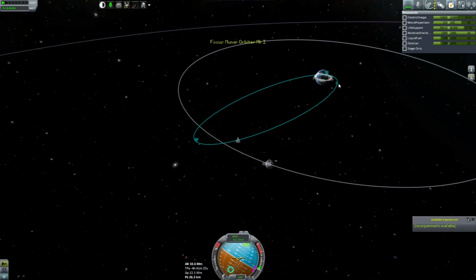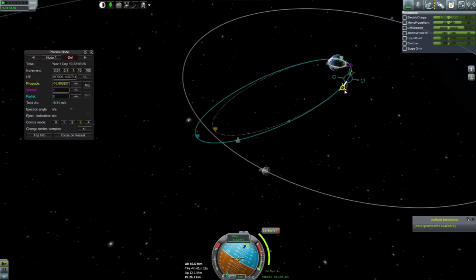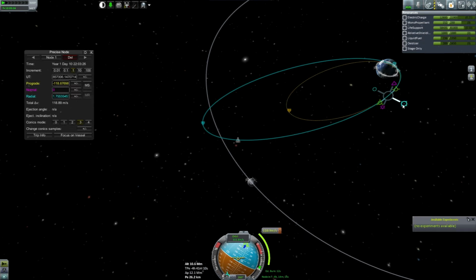Alright, so now what we need to do is plan a burn that will drop our apoapsis without lowering our periapsis into the planet. So we'll do that. And that. There it is. So on that line as much as possible here, because our return time isn't as important as making sure that we don't burn up on our way in. So by bringing us down to a much more reasonable level like this,